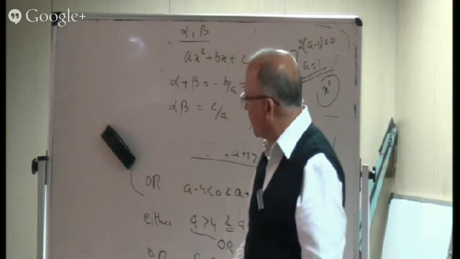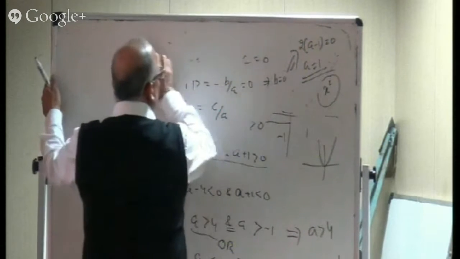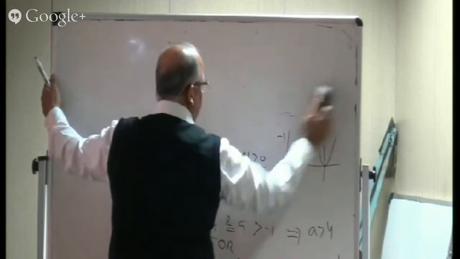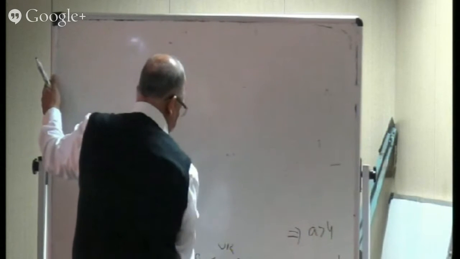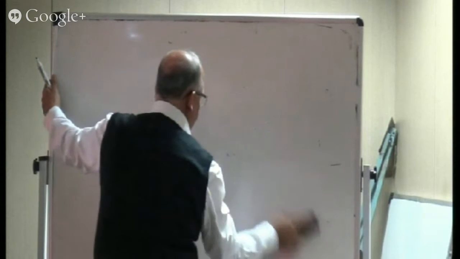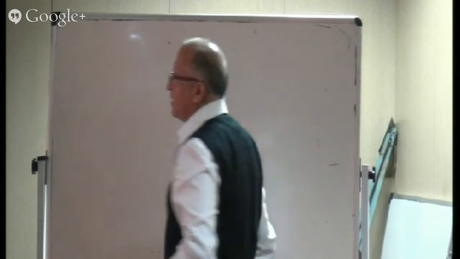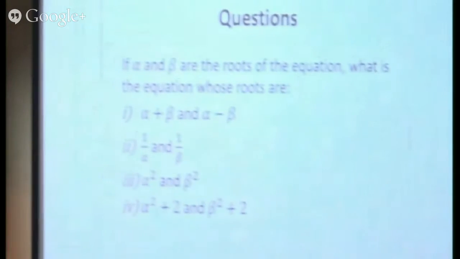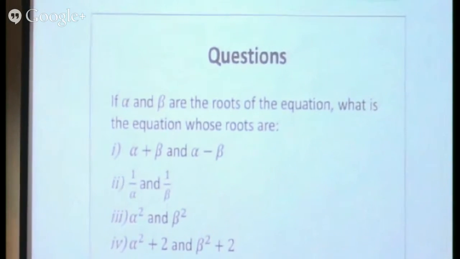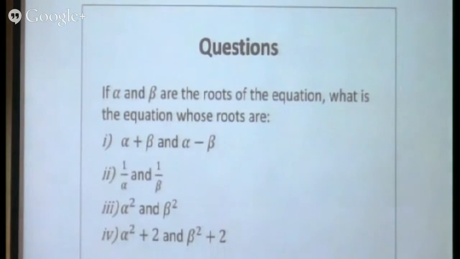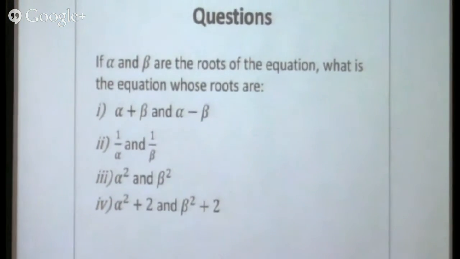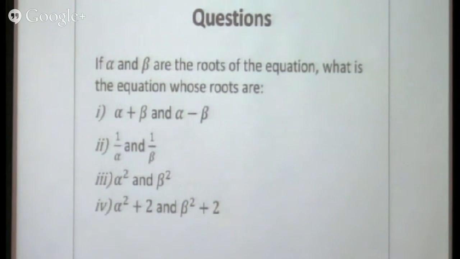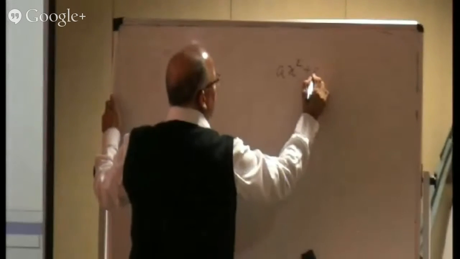I think we should clearly understand now the relation between the roots and the coefficient once again. Obviously, these questions are not given in your textbook because they do not discuss relation between root and coefficient in detail. But for any competitive examination, these things are a must. So for the time being, I will restrict to a second degree equation and we discuss everything about roots and coefficients. If this is the equation ax square plus bx plus c equal to 0